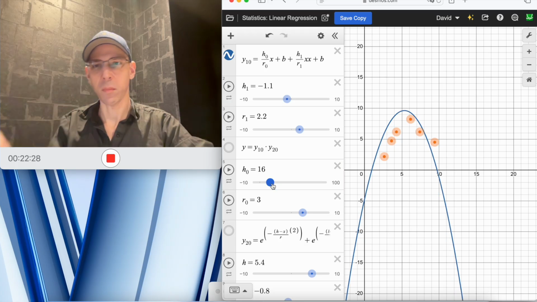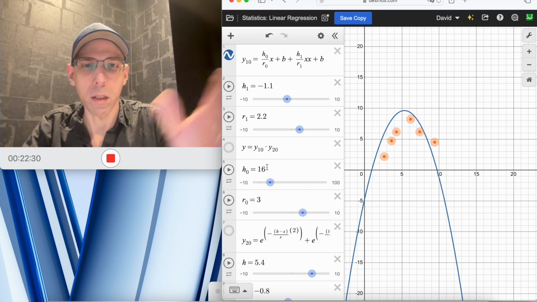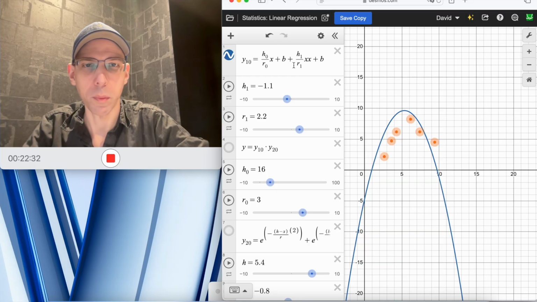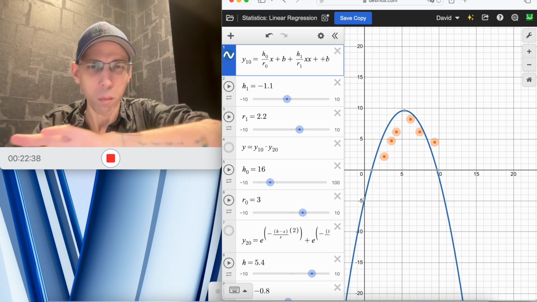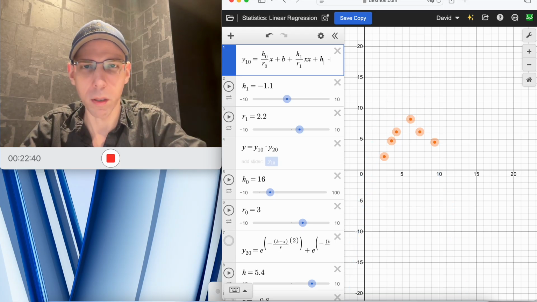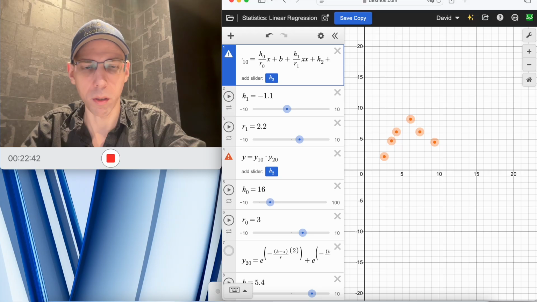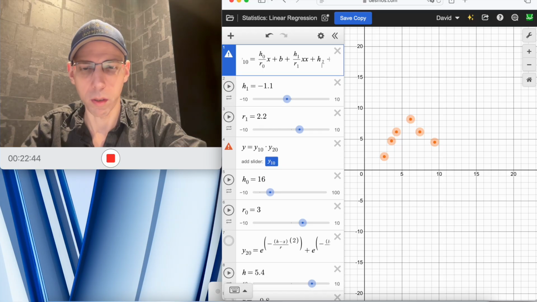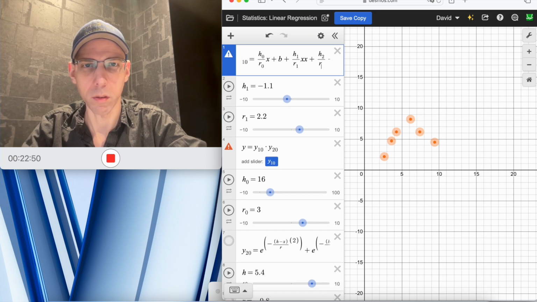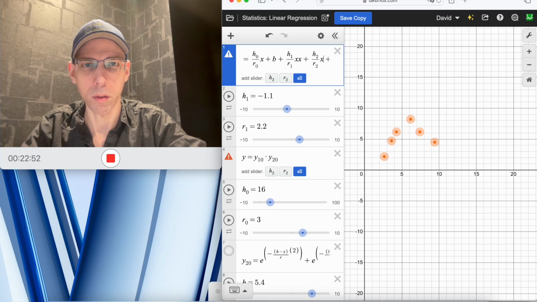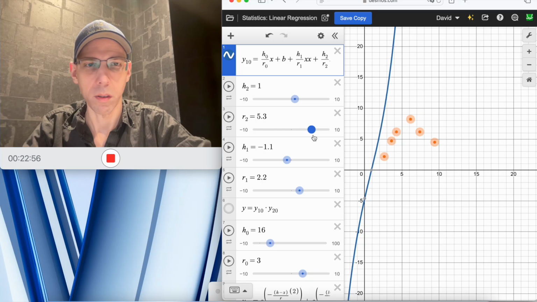And there, okay? I could tighten it up a little bit more too, but that's one way. Another way is, well, what if I don't want to move the thing to the left? Well, then I can just do this, h3, h2 divided by r1, h2 divided by r2, it's xxx, and,